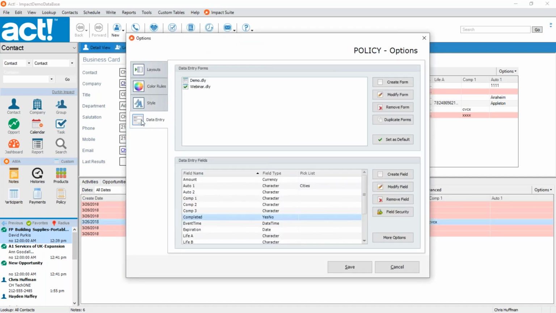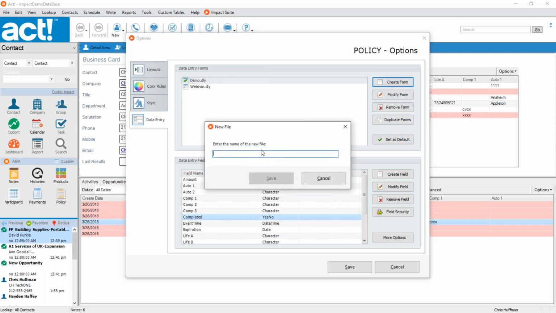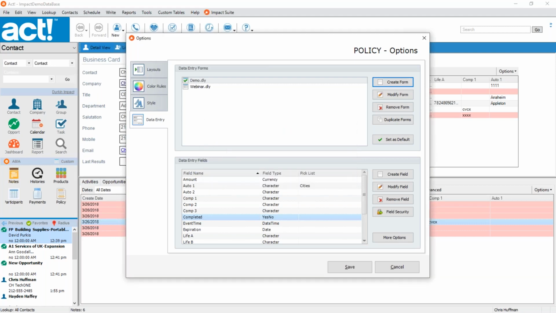Over here you get the data entry layouts. As you can see, I have two layouts on here, one called demo, one called webinar. And the webinar is set to default. If I wanted to do the demo by default, I could highlight that and set it as default. If I want to create a new layout, that's simple. Let's create a form, and I'll call it just test form. I'll say save,